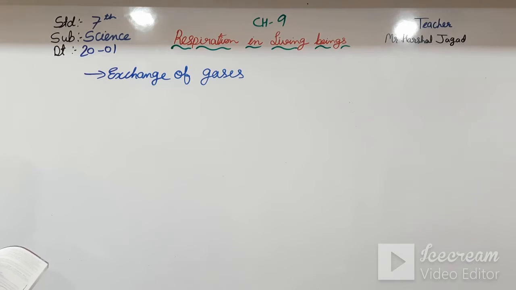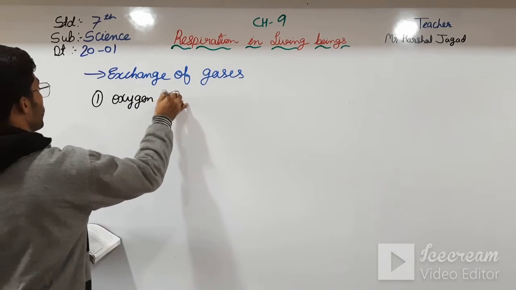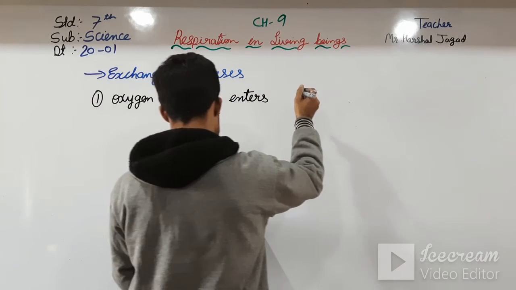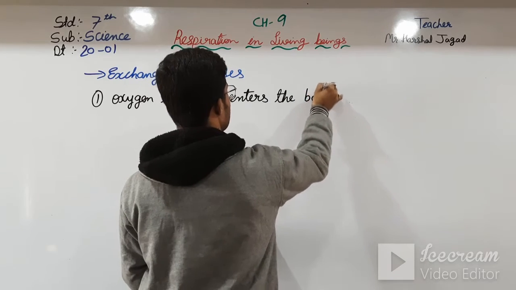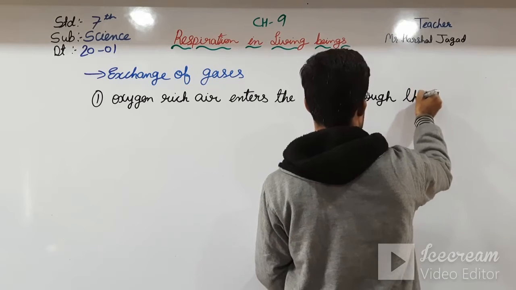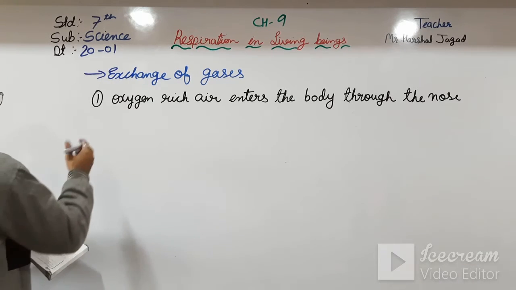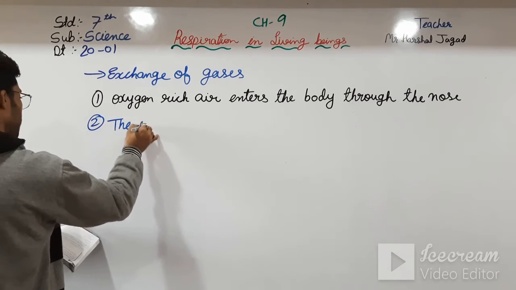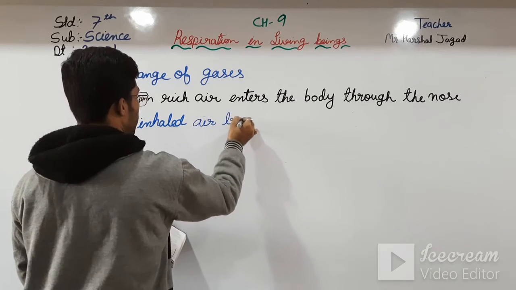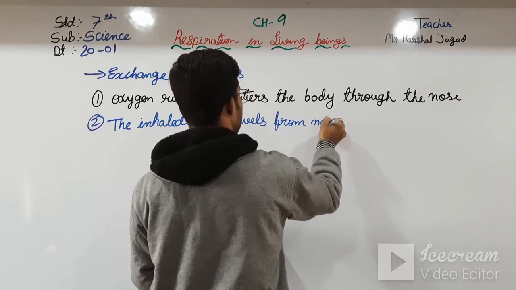Here I am writing the step by step manner. The first is oxygen rich air enters the body through the nose. And then after, the second step, the inhaled air travels from nose through